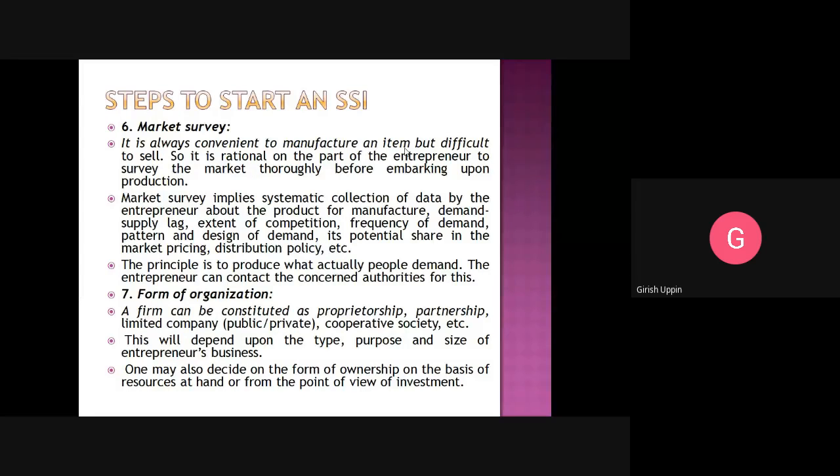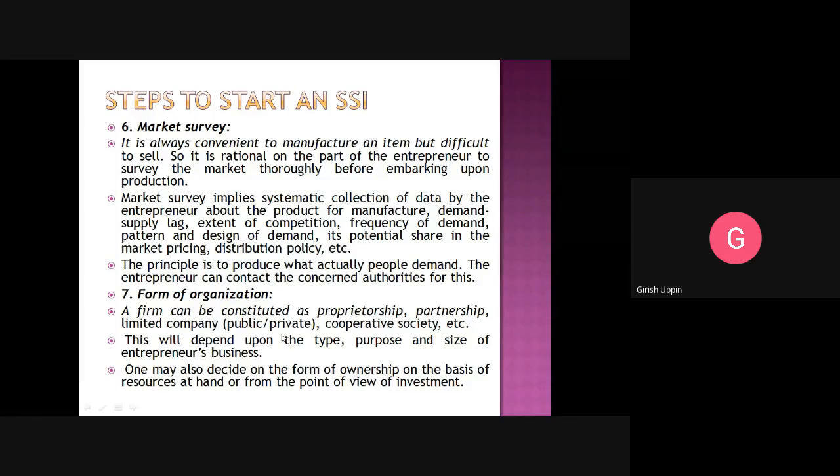All those people, they will do a survey in a particular area on whether they should open their outlet or not. Based on the survey, they will come to know whether it is a good idea to put up an outlet, and how big that outlet should be. The market survey will give the inputs on whether it should be a medium scale outlet or a large scale outlet.